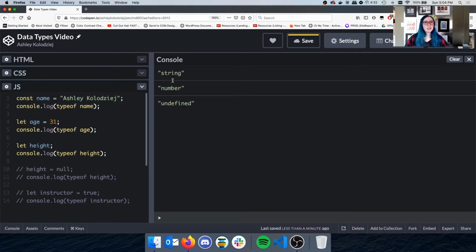All right, so we have string from line 2, number from line 5, and now we have undefined. Undefined means exactly what it says. It hasn't been defined yet. I don't know what it is yet. So if you see that something is undefined, remember